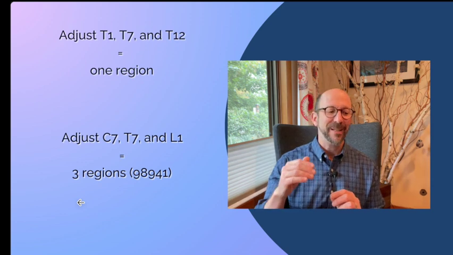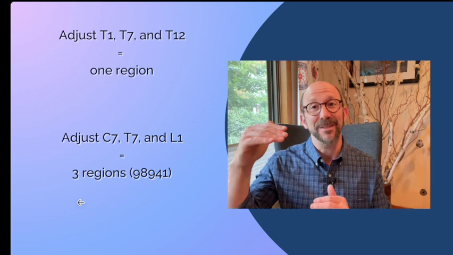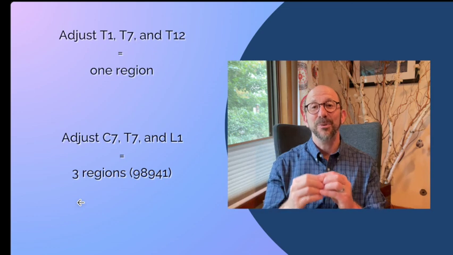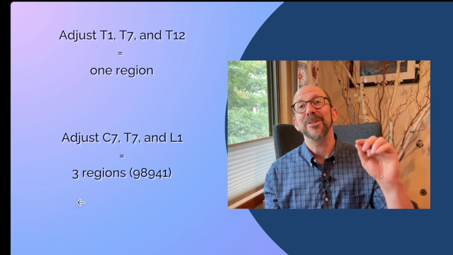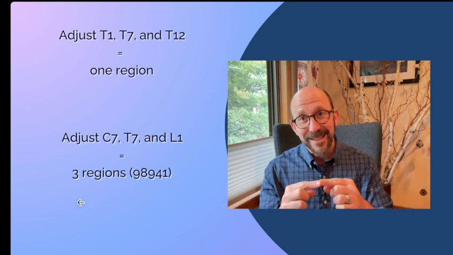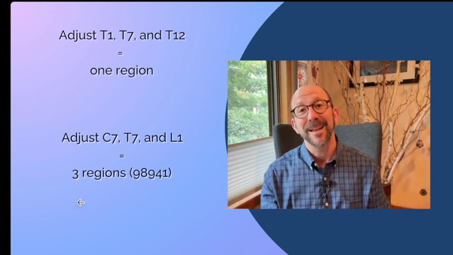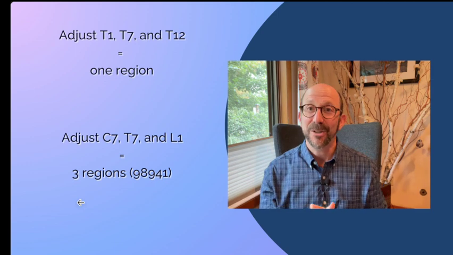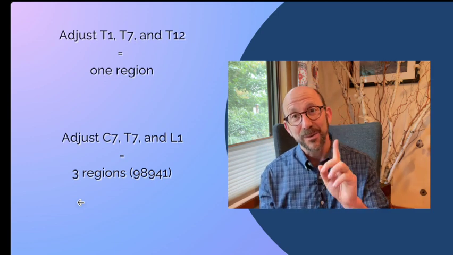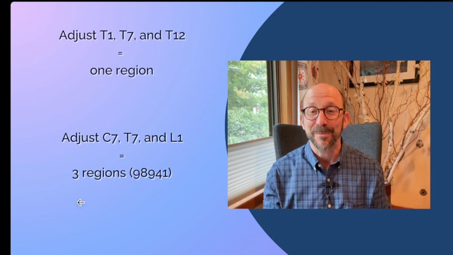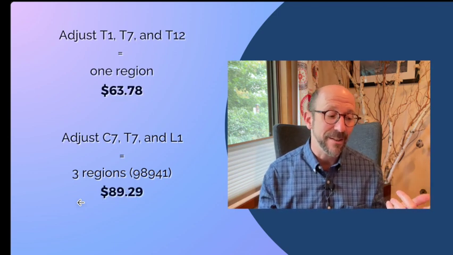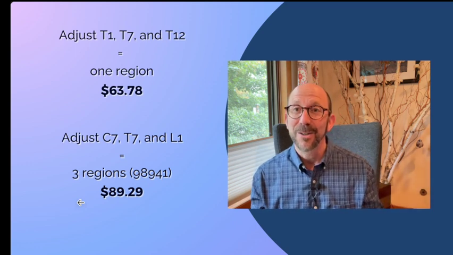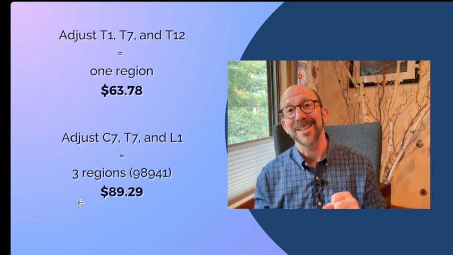That T1 adjustment became a C7 adjustment, just one level up. And that T12 adjustment became an L1 adjustment, just one level down. So now we adjusted C7, T7, and L1. That's 3 regions. And you would code that 98941, which is chiropractic manipulative therapy of 3 or 4 regions of the spine. And that is significant because it pays more when you adjust 3 regions than when you adjust 1